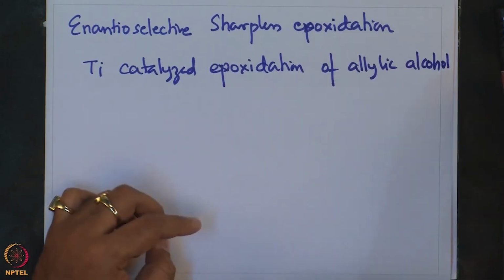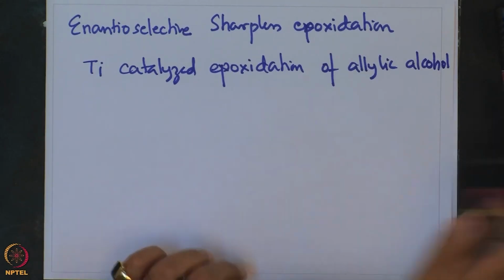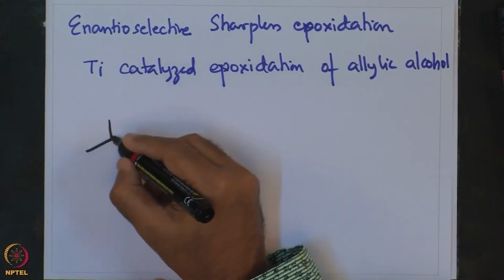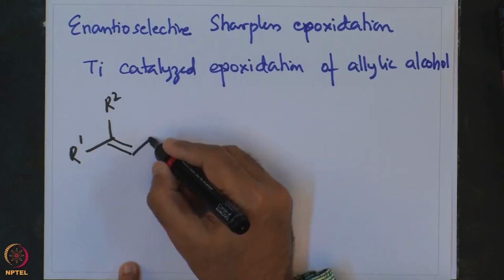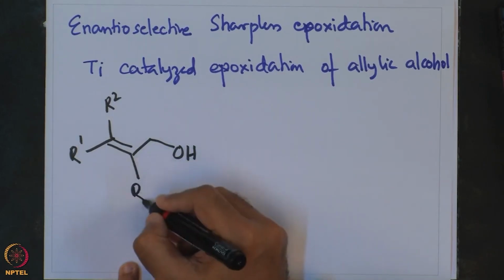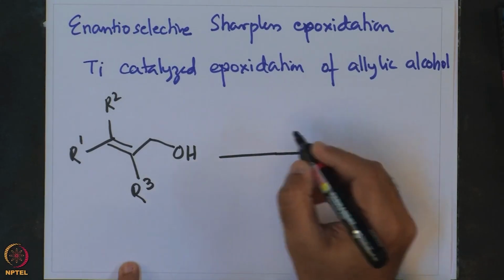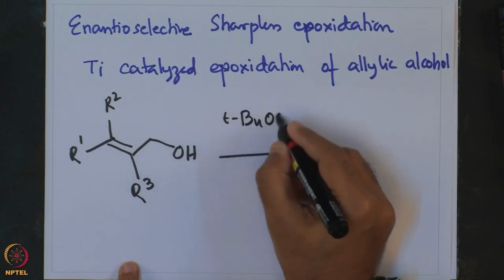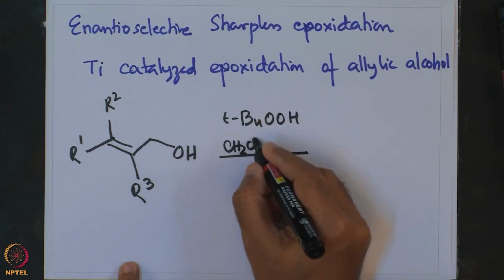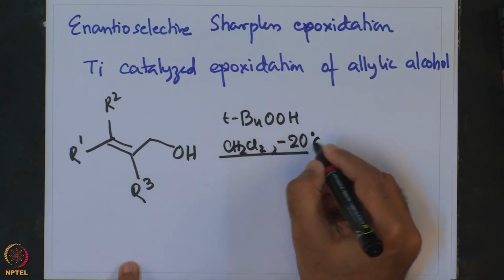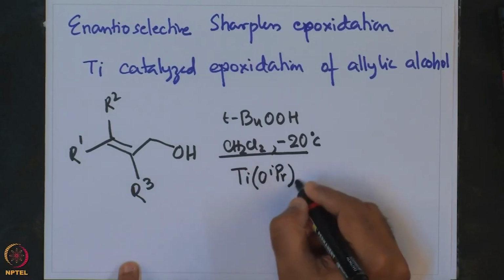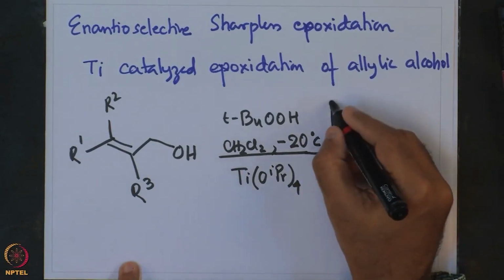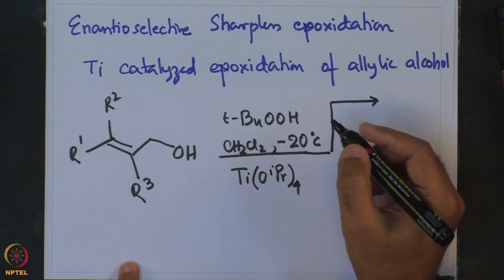And this is beautifully represented by this example: R1, R2, OH, R3, tert-butyl hydroperoxide, CH2Cl2, 20 degrees centigrade, and this is catalyzed by titanium tetraisopropoxide, and the reaction in presence of a diethyl tartrate